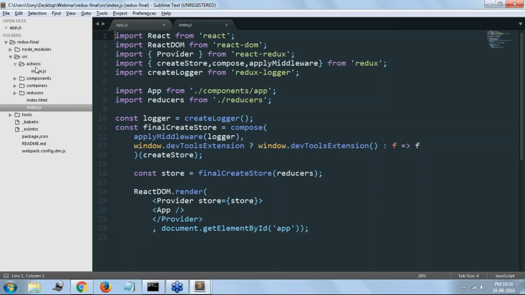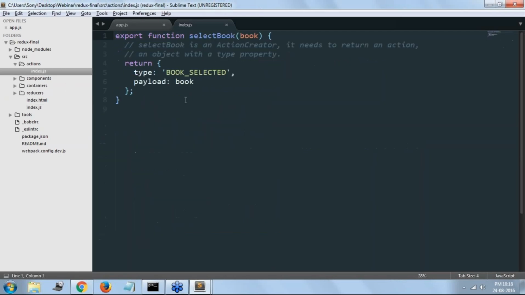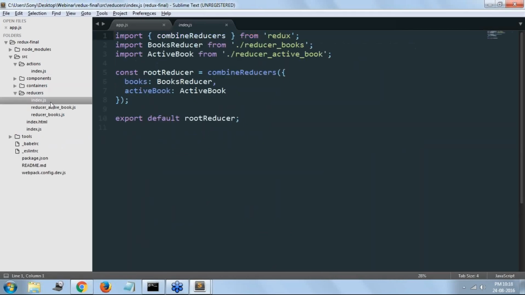I don't have much code here. This is just an action object where I'm firing the book selected method. I have these two reducers. In the code, we have reducers, actions and store. These are the two reducers I have: book reducer, the list of books, and active book, which captures whatever you have clicked on. Here in the index, I'm combining both the reducers. Now, this is the object which is there on the Redux layer. You just need to capture it in your React component.